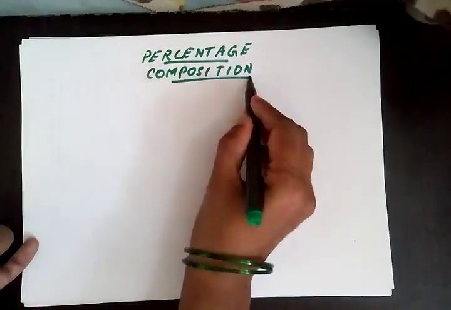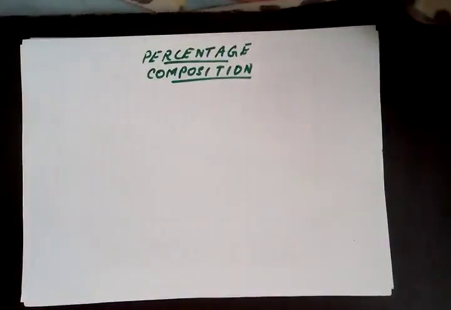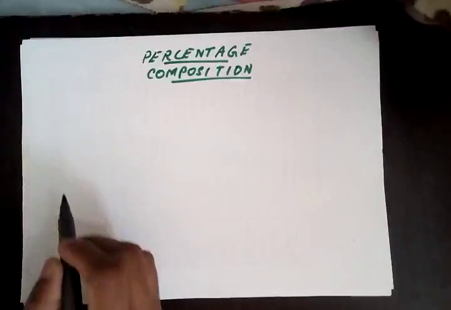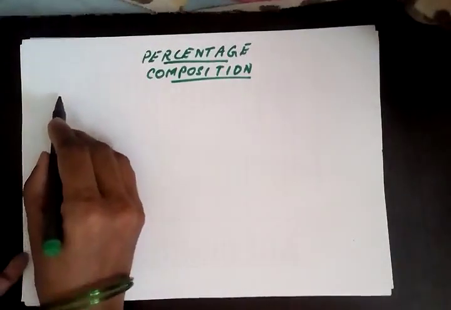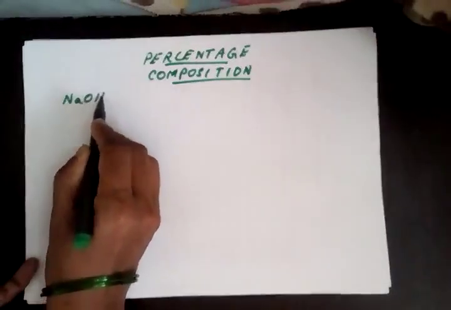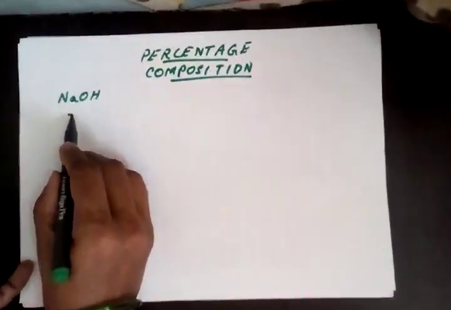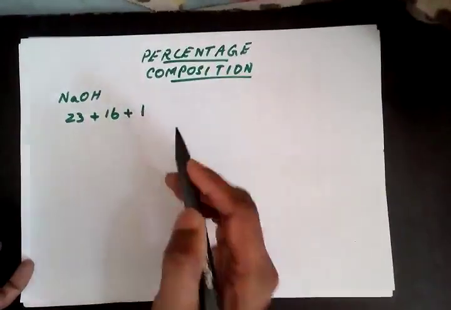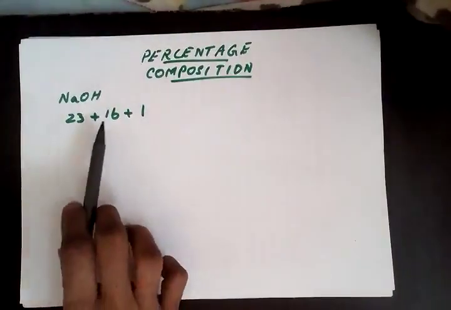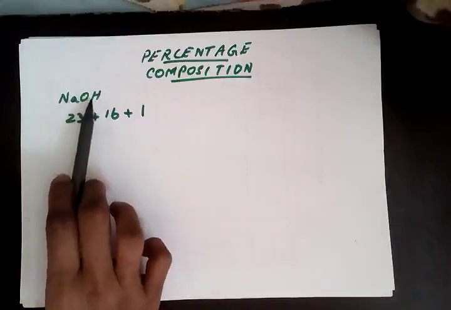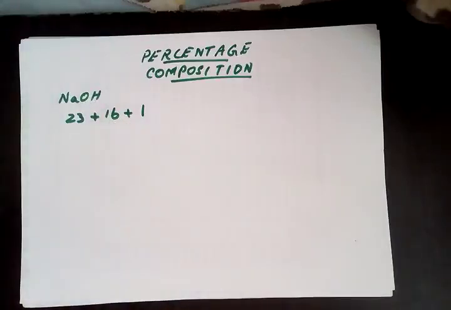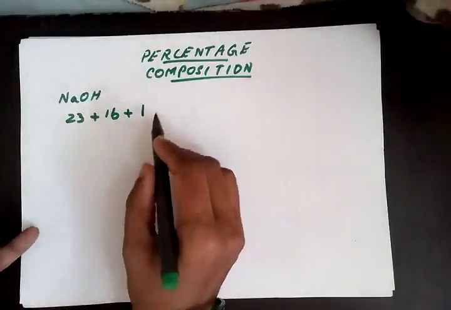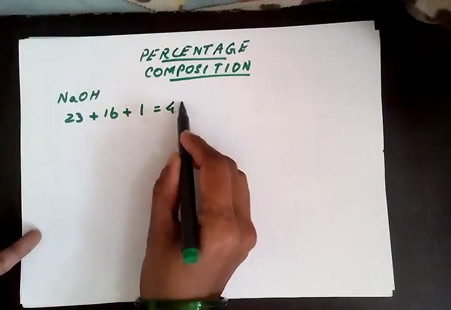Last class we studied the method of calculating the molecular mass of a given compound. Let us slowly revise it. If we take an example of sodium hydroxide, we write down the mass of sodium, add it to the mass of oxygen and to the mass of hydrogen. I have not written 1, 1, 1 over here because all of these are single atoms. They have combined to form a compound. The total of it, we get as 40.